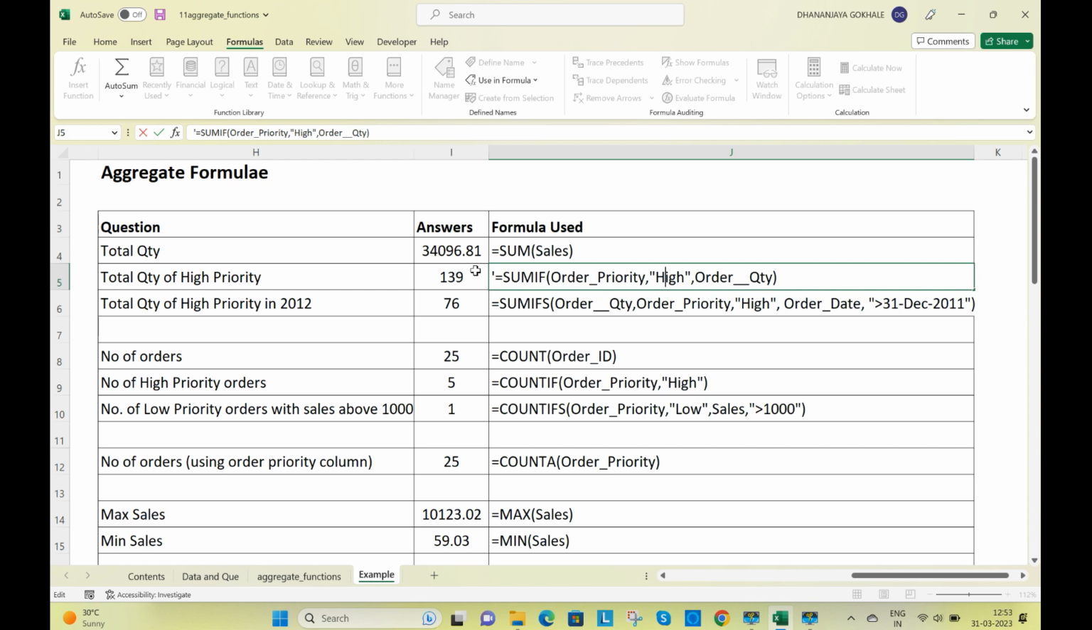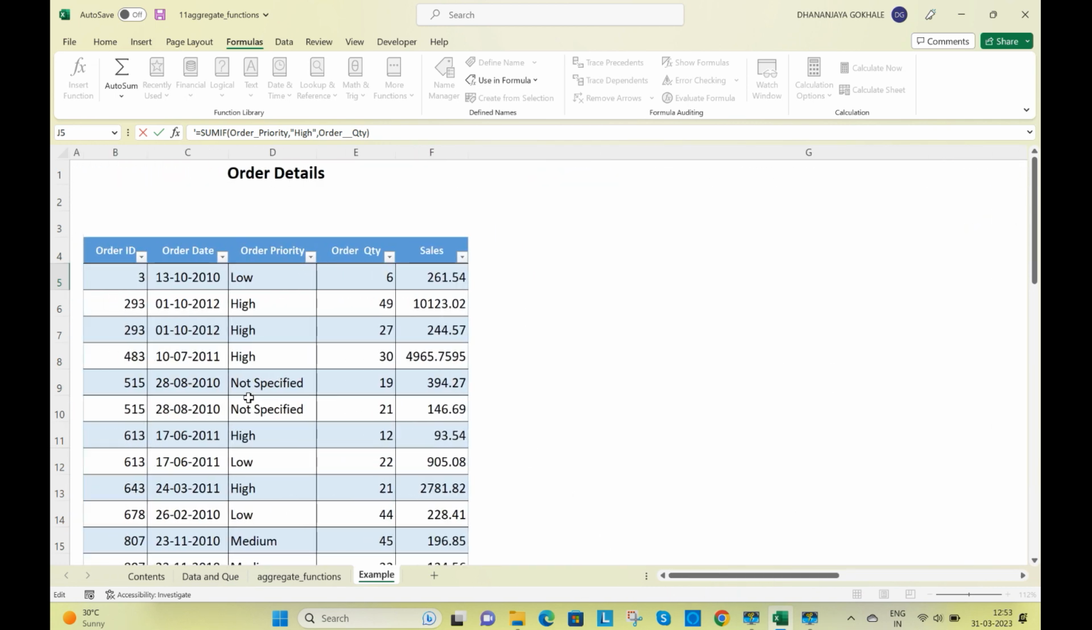Let us see the next. Total quantity of high priority. Now that means priority must be high, that is condition 1, and the year must be 2012. Now how do you get 2012? That's the question. Because if you go back to the table, you will find the dates are written here, like 13/10/2010, 1/10/2012 and so on. So how will you find out